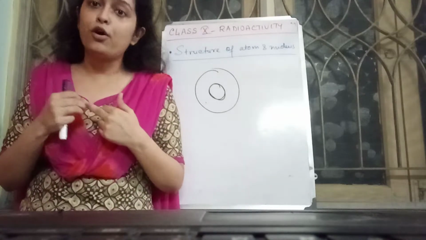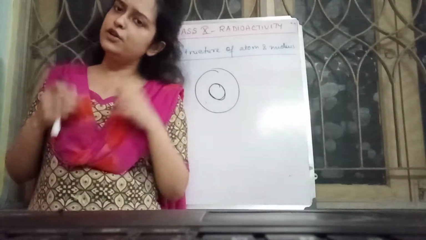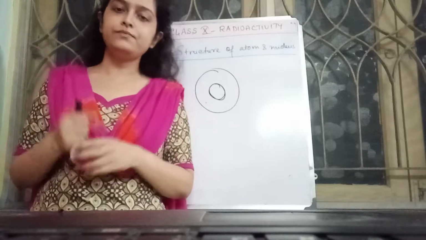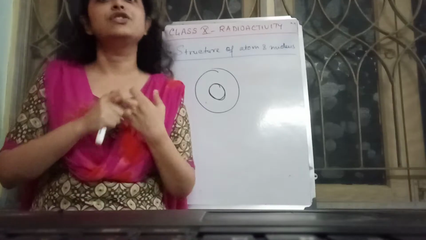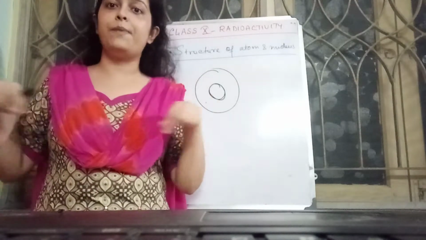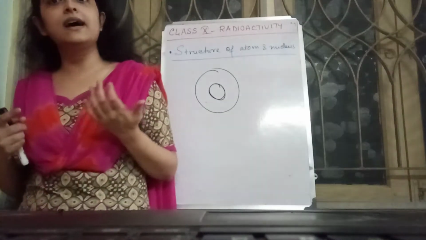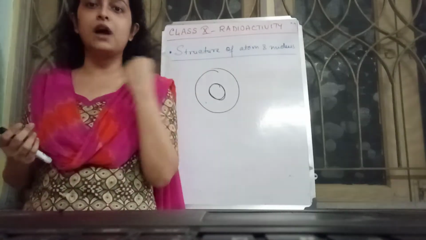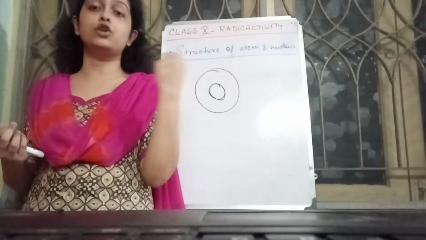Protons carry positive charge, okay, and the charge is, I hope you know, the same as that of an electron. So protons are positively charged and neutrons chargeless, right? And in the extranuclear part, what do we have? We have electrons. Electrons are the subatomic particles which revolve around the nucleus in certain fixed orbits. What do we call those orbits?